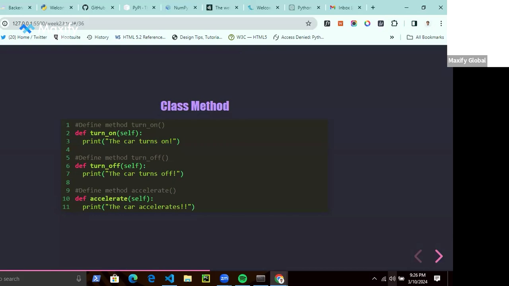So when you declare a class and create an instance of a class, that class usually has attributes. It is these class methods that perform operations on all of those attributes. Okay? Sometimes we want to add functionality to a class itself, so class methods can be used to add functionality to a class. After we create a class instance, we can also create methods for the car and then use dots to call any method. If I want to call any of these methods, I can simply say my car.turn on, my car.turn off. All of these things would be invoked.